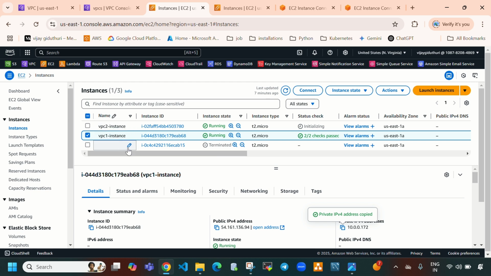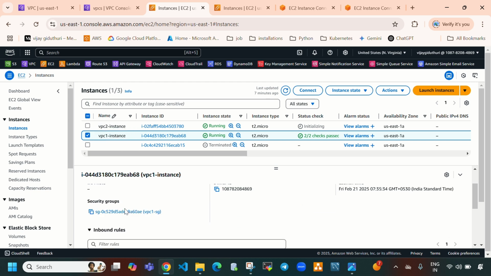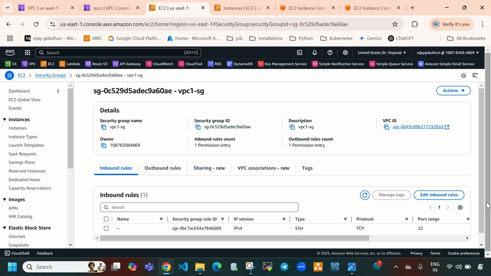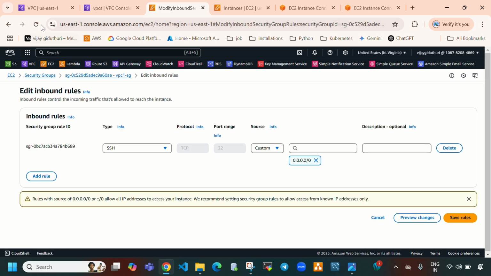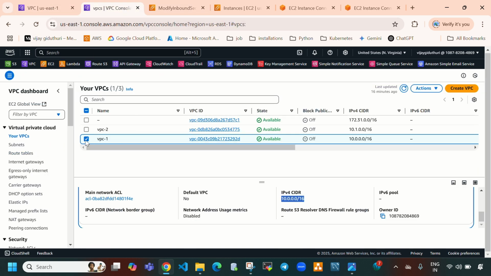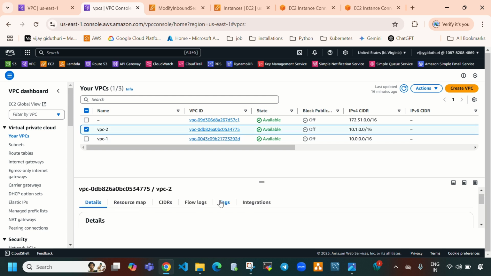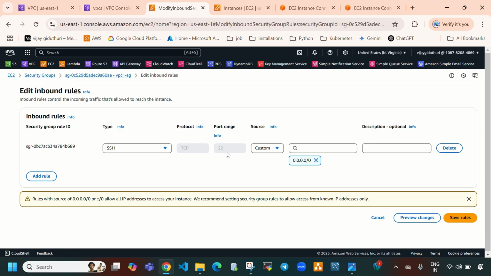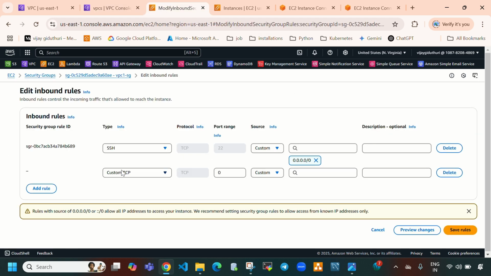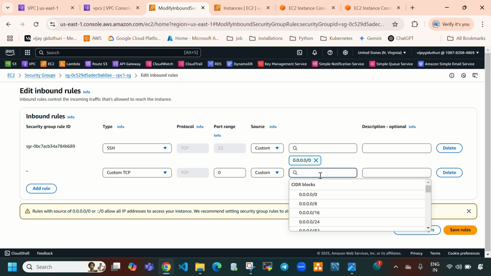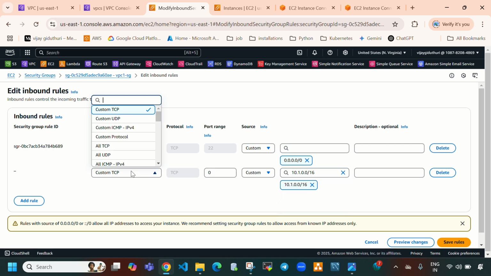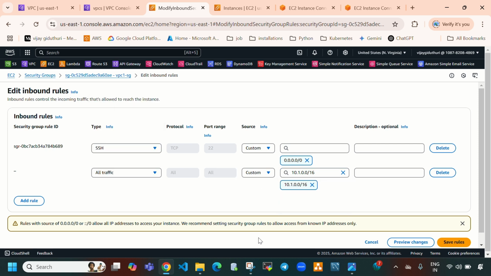So currently I am on the VPC1 instance. Directly select Security here, and select the VPC1 security group. Select Edit inbound rules, then come here and copy the VPC2 CIDR. Again, copy this, come to the VPC1 instance and select Add rule, and paste this IP here. Now I'm going to select All traffic. Okay, so select Save rules,